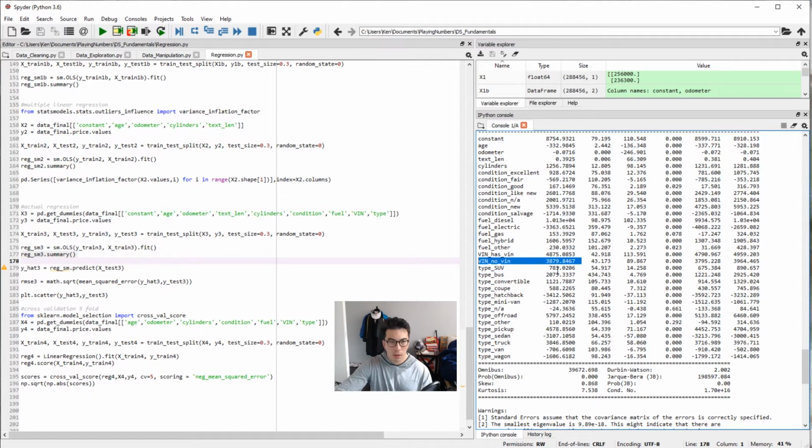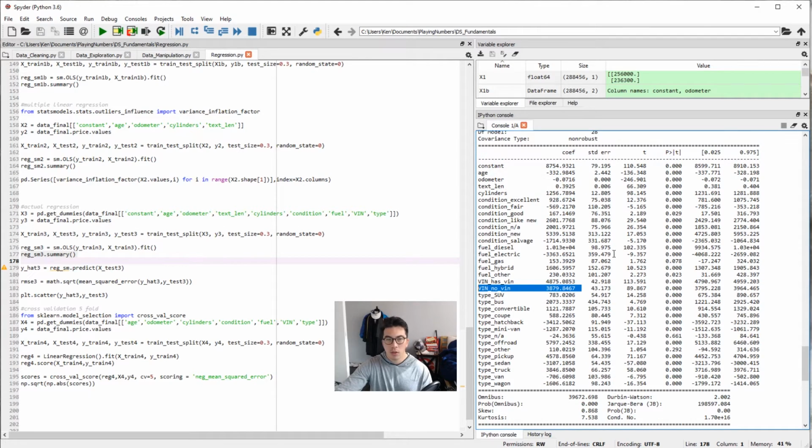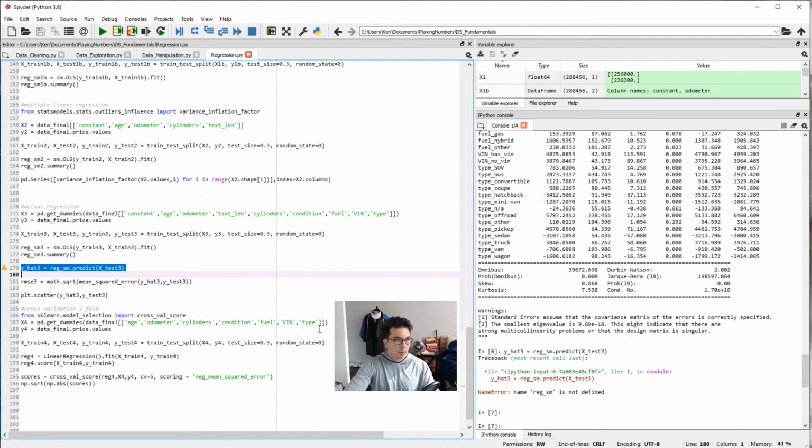Yeah, but the types, again, are interesting. You'd expect minivans to be less. Off-road vehicles are slightly more. Pickups, trucks, SUVs, convertibles are highly priced, which are all things that are in line with what we would expect them to be. All right, so after evaluating that,